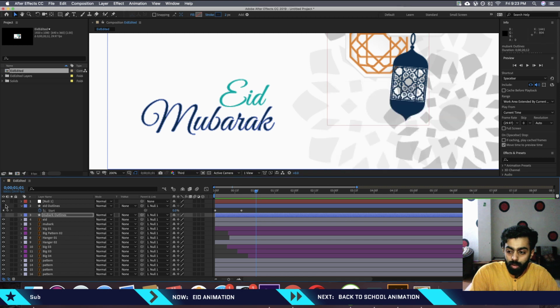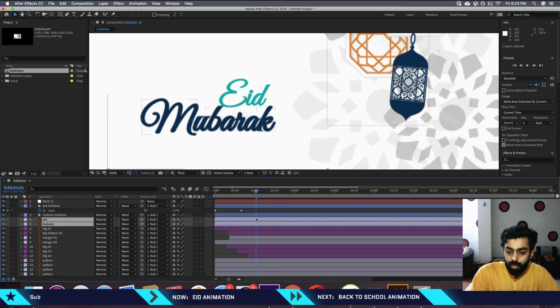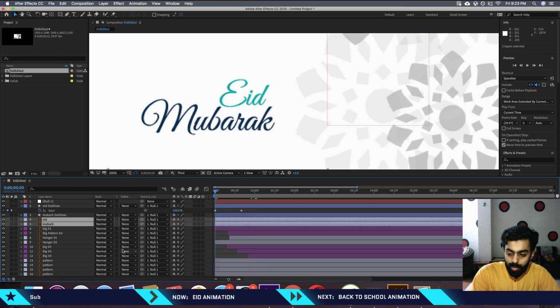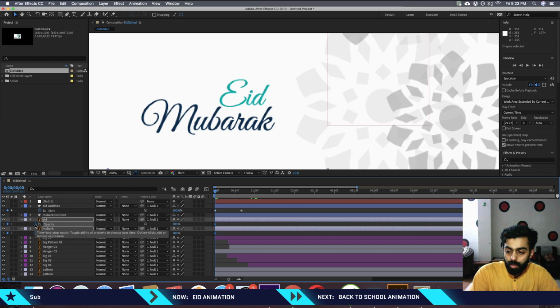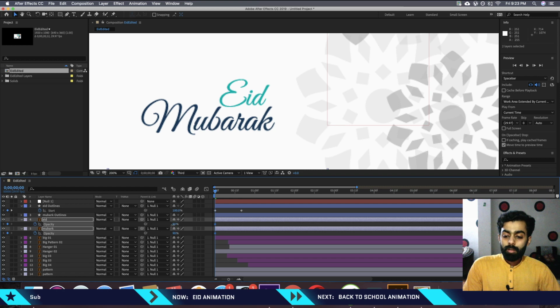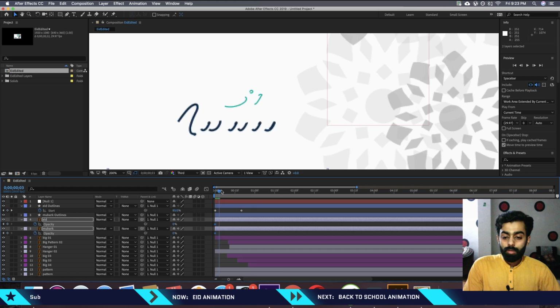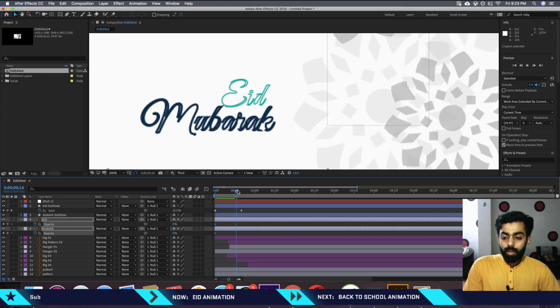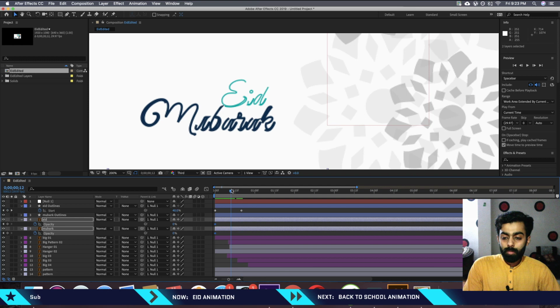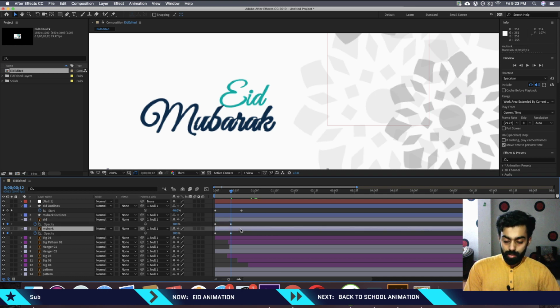Press OK. Now it's time to animate these two texts. So press T and click this timer icon to select the opacity. Change this value to 0. Make sure that you are on the 0 second, and at around 20 frames, or maybe around 12 frames, it should be 100. Perfect. Drag this to the right side and